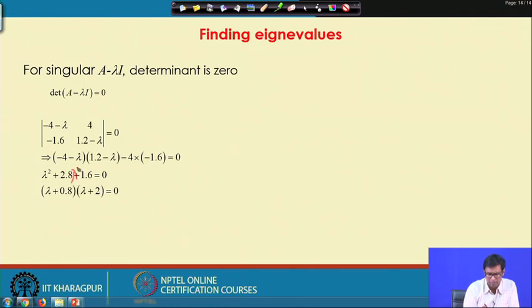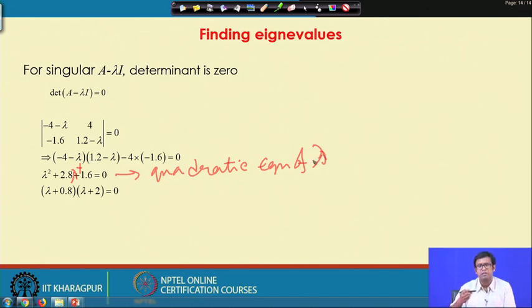Lambda square plus 2.8 lambda plus 1.6 is equal to 0, and this is what we will solve. We will get (lambda plus 0.8)(lambda plus 2) is equal to 0. This is a quadratic equation of lambda, or for higher dimension of A, for 3 into 3, 4 into 4, n into n A, this is a higher order polynomial of lambda, and this is called the characteristic equation,